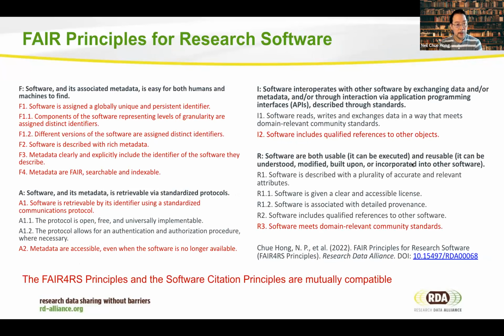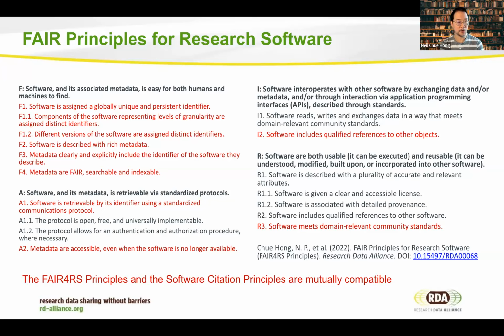And finally, the last thing I'm going to mention, which is around helping to improve practice in this area, is the FAIR Principles for Research Software, which a number of the people on the call have been involved in the development of. So the FAIR Principles for Research Software are about making software findable, accessible, interoperable, and reusable. And I think the key thing to understand is that the FAIR for Research Software Principles and the Software Citation Principles are really compatible. They're really trying to do the same thing